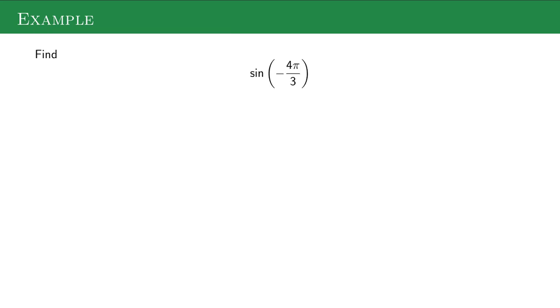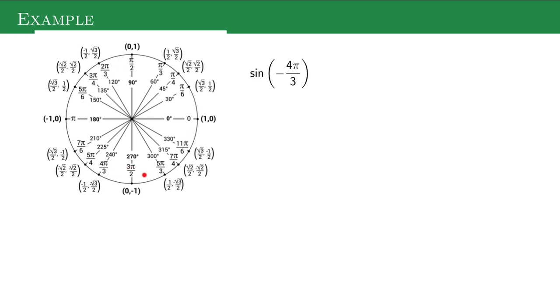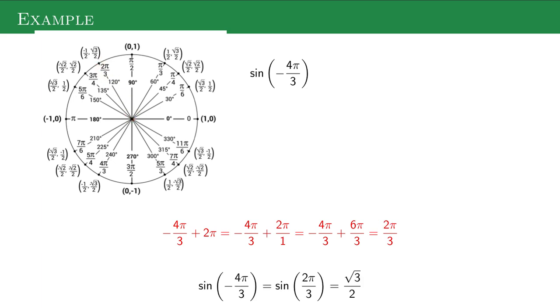And here we have a negative angle. Nothing's going to change. All the angles on the unit circle are positive, so I have to do something to it, and I'm going to add 2 pi. I make it a fraction by putting it over 1, multiplying by 3 on the top and bottom to get the denominators to be the same. Adding together, negative 4 plus 6 is 2. And now I'm looking at 2 pi over 3, which is on the circle,